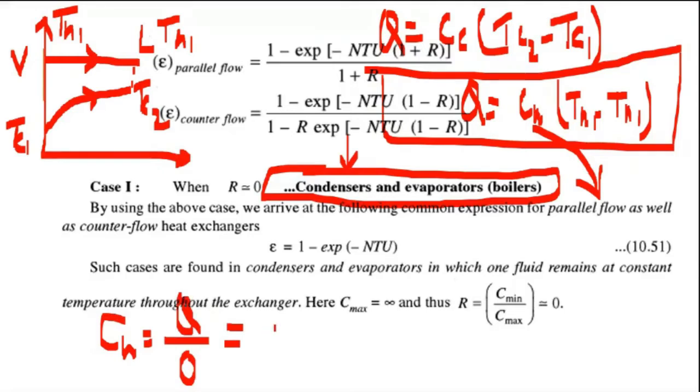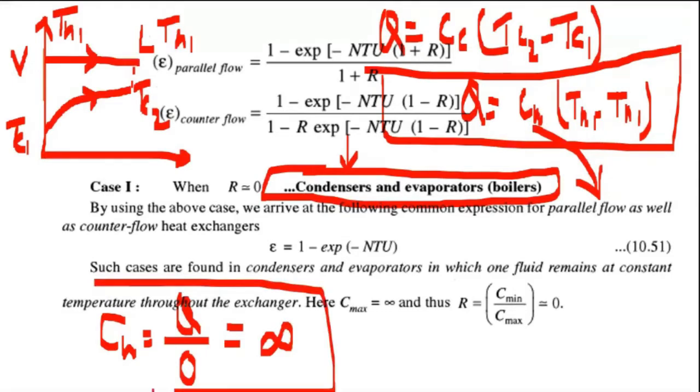Not defined was till class 10th. Now you will be calling that as something divided by 0. What is it equal to? Is it not defined or is it infinity? There's a difference between the two. Infinity. Okay. So Q divided by 0 is equal to infinity. Here we get that the heat capacity for the hot fluid is equal to infinite in case of